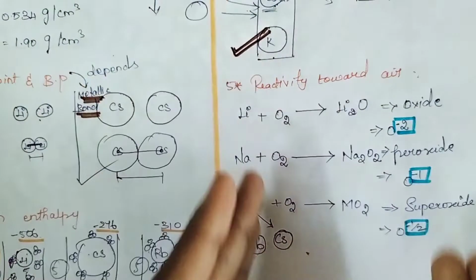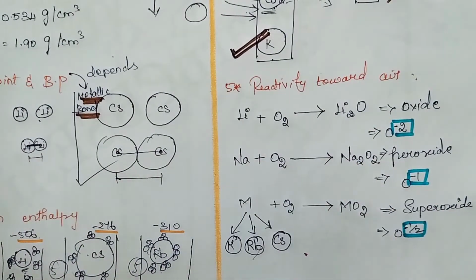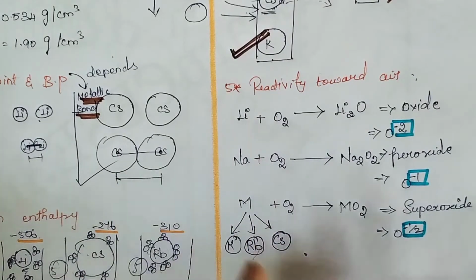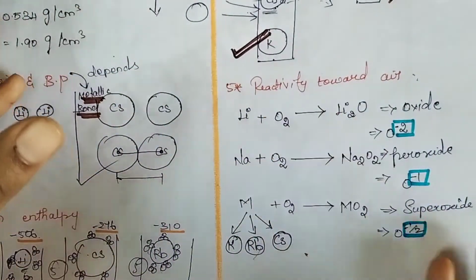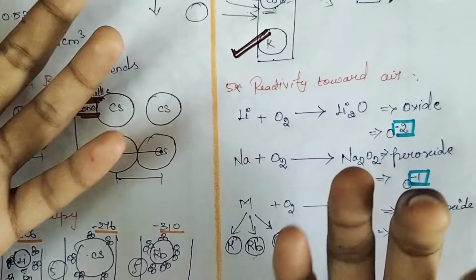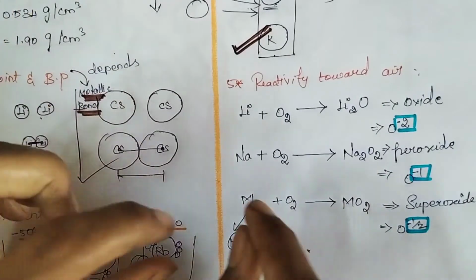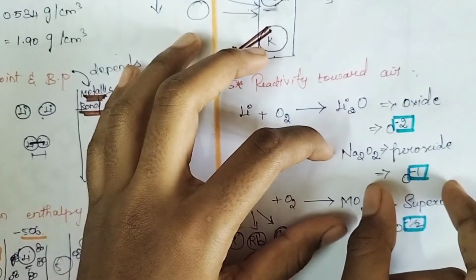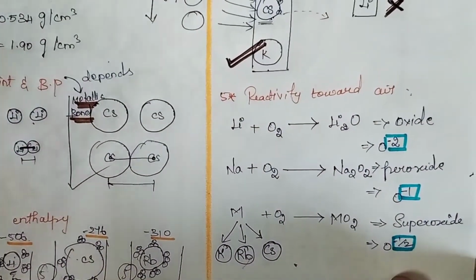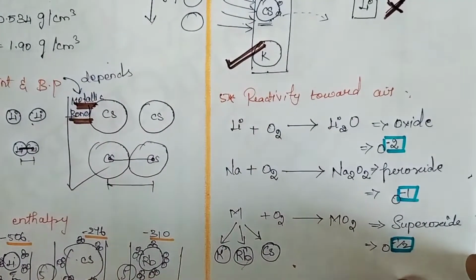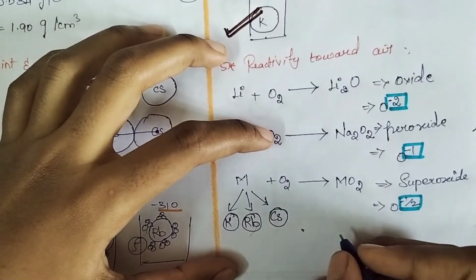So this is for the reactivity towards air. Only lithium forms normal oxide, sodium forms peroxide, and potassium, rubidium, cesium form superoxides. This is the condition when no energy or external conditions influence this. Only in a particular place, in a vacuum, if you leave sodium and oxygen, they form peroxide. Okay, clear? Now, lithium and magnesium are diagonally related.